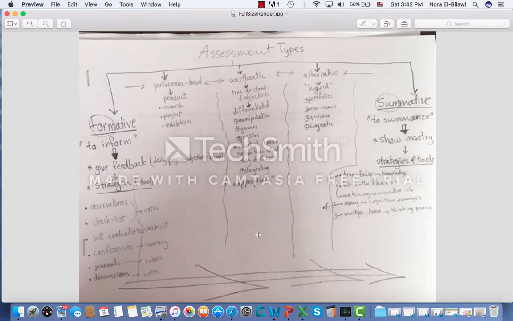How can I make an assessment authentic? There are three things that would make an assessment an authentic one. First, it has to be related to a real life situation, contextualized. If your assessment is contextualized based on comprehensible input, then your assessment is valid